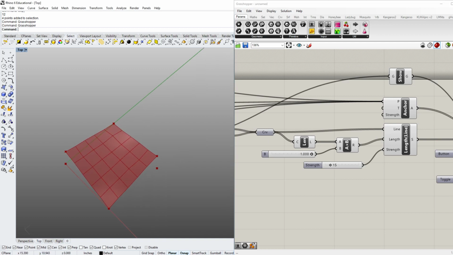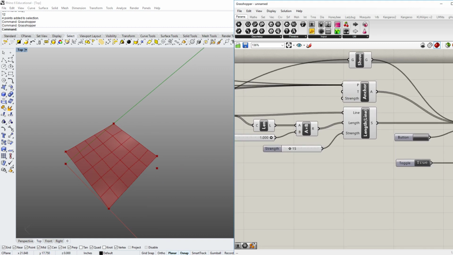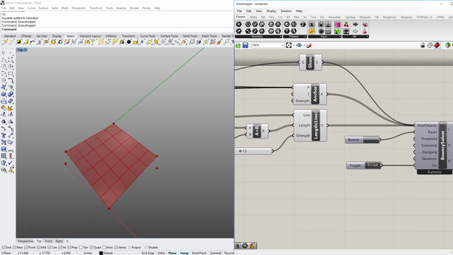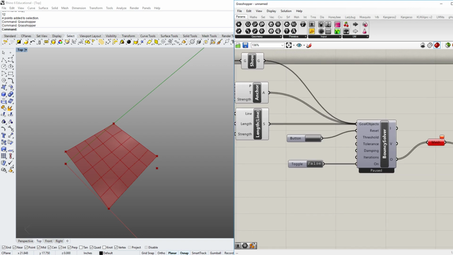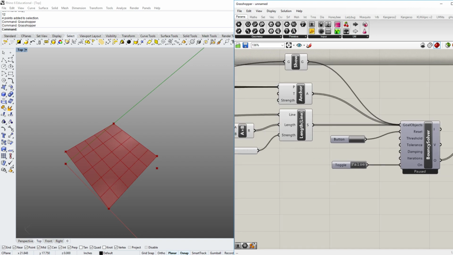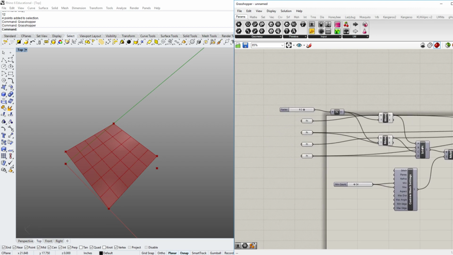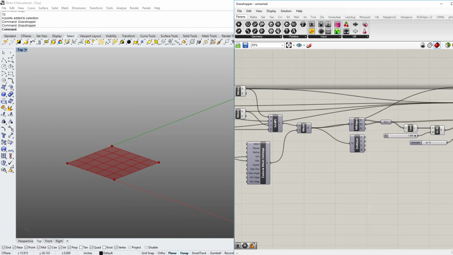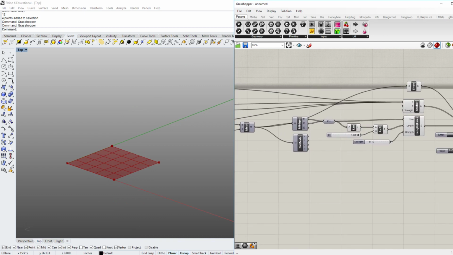Okay, the other thing that I want to do now, so I'm going to go back over here and double click my toggle. So now my simulation is off. I'll hit my button one more time. Okay, I can move my surface back down. The next type of surface, so that's basically like